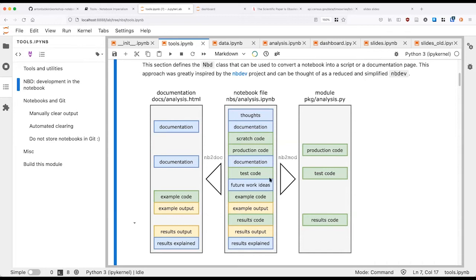Now a notebook can, on one hand, become a Python module with the same name in a different folder that will only have code cells, but also we can export code cells selectively. So maybe this example code is good for a notebook or scratch code, but really we don't want it to be in our module. And this also solves a common criticism of Jupyter notebooks,